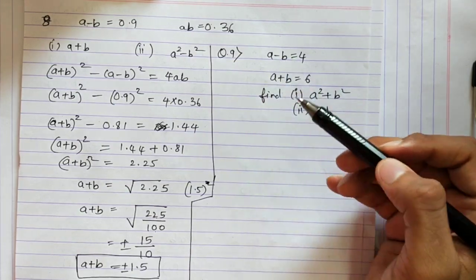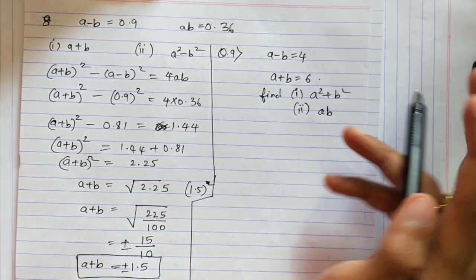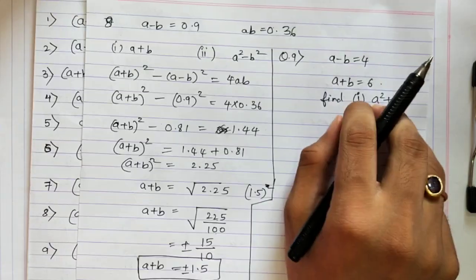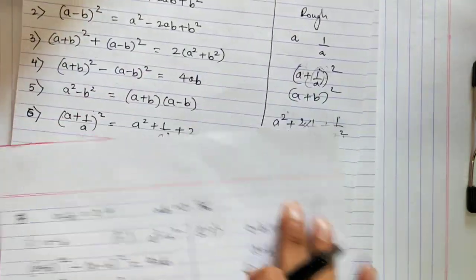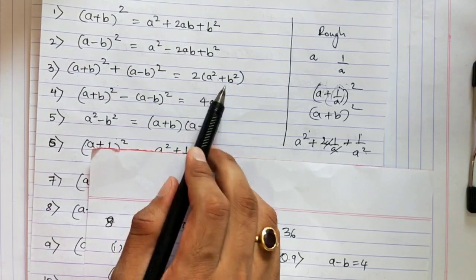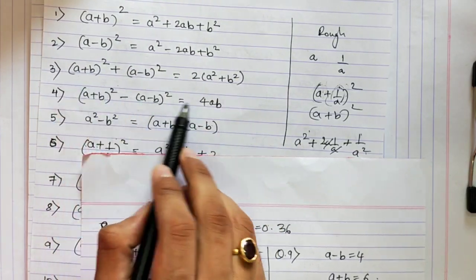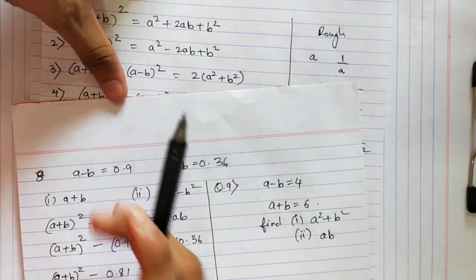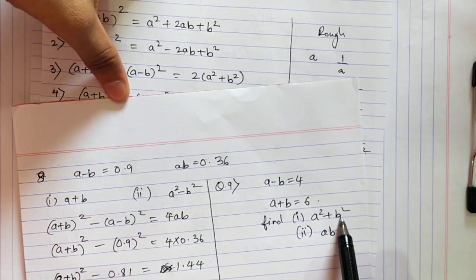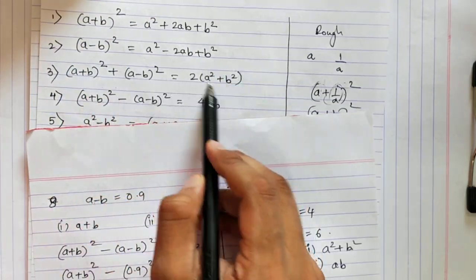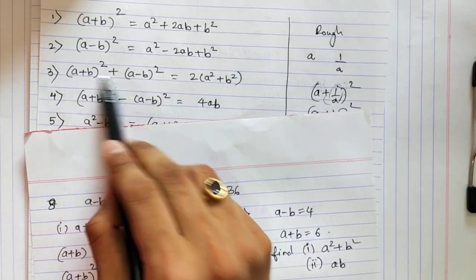A minus b, a plus b, both are known, correct? So we have two formulas where we know a minus b and a plus b. Here I know a plus b, a minus b, and I have a square plus b square also. And in this fourth formula I have a plus b, a minus b, and I have ab. So in the ninth sum, first we have to find a square plus b square. That means I'll use this third formula, which has a square plus b square, correct? So let's copy this formula.